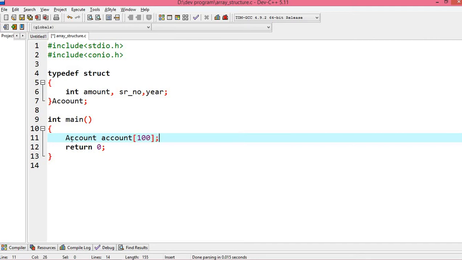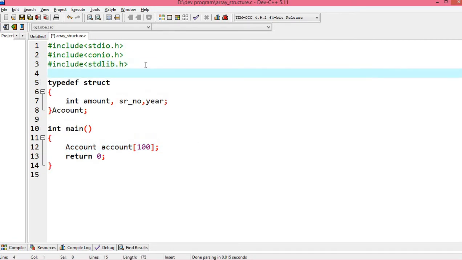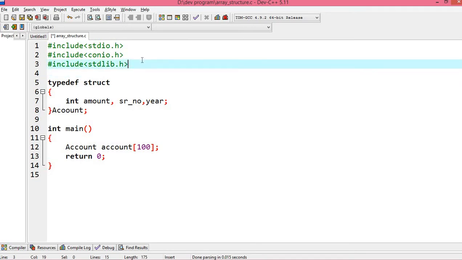Now, I have created an array of size 100, that means 100 structure entities are created. Now I'm going to populate the array elements, that is amount, serial number and year, using the random function. First of all, let me include the library in which the random function is defined.